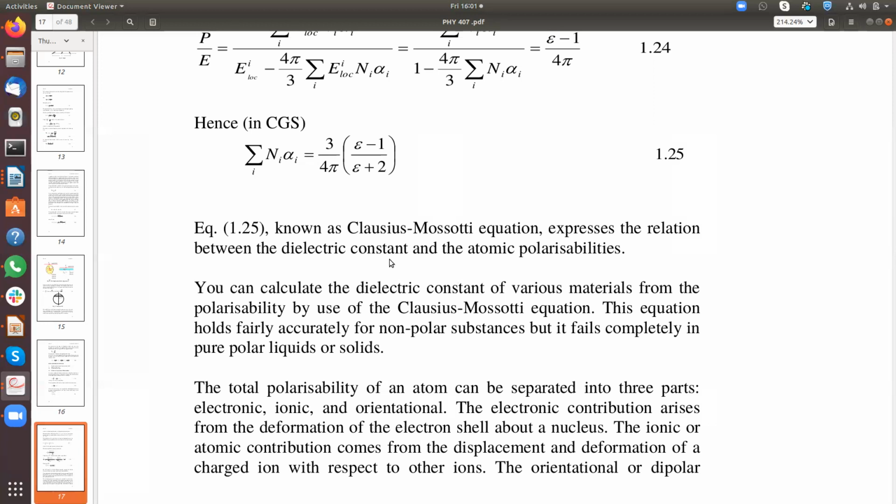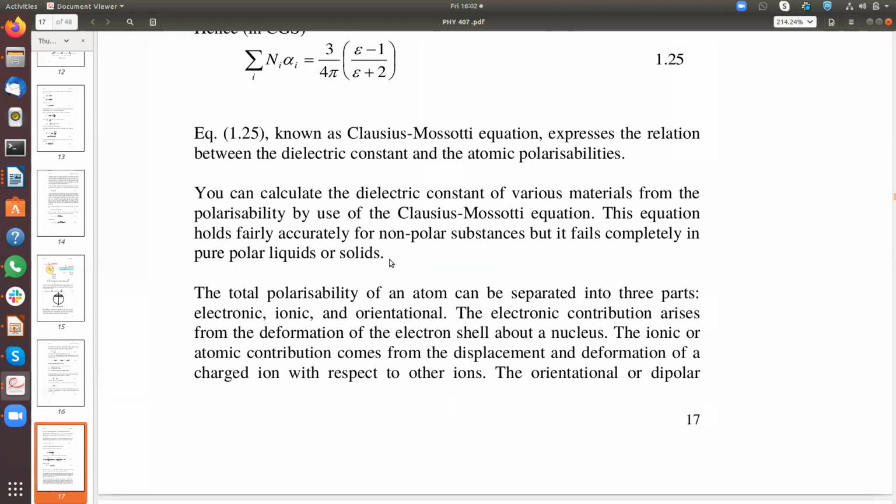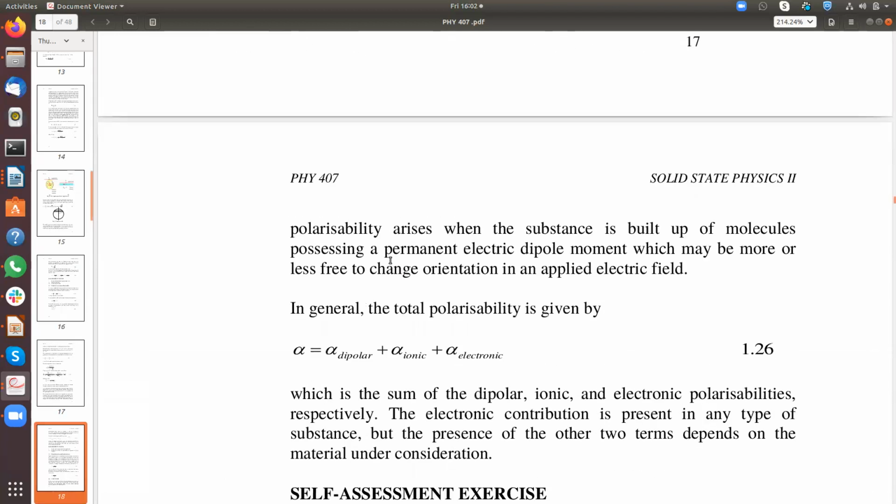The total polarizability of an atom can be separated into three parts: electronic, ionic, and orientational. The electronic contribution arises from the formation of electronic shells about a nucleus, and the ionic or atomic contribution comes from the displacement and deformation of charged ions with respect to other ions. The orientational or dipolar polarizability arises when the substance is built up of molecules possessing a permanent electric dipole moment, which may be more or less free to change orientation in an applied